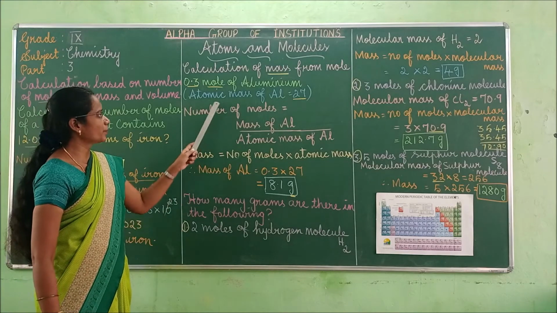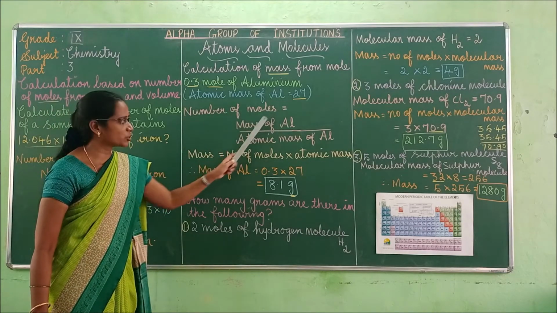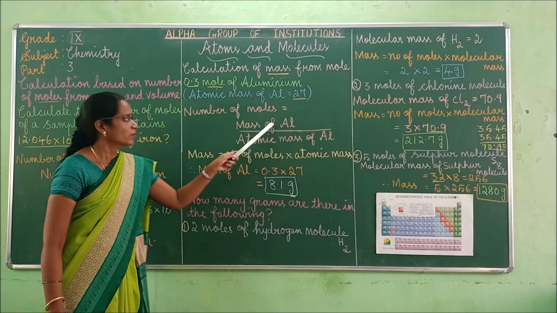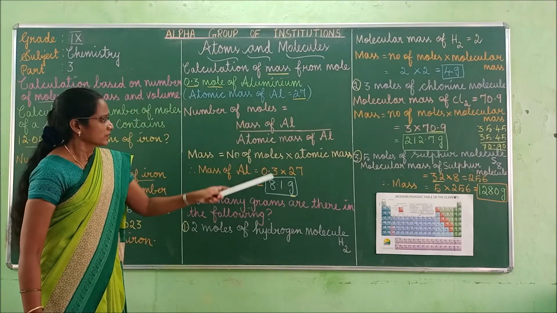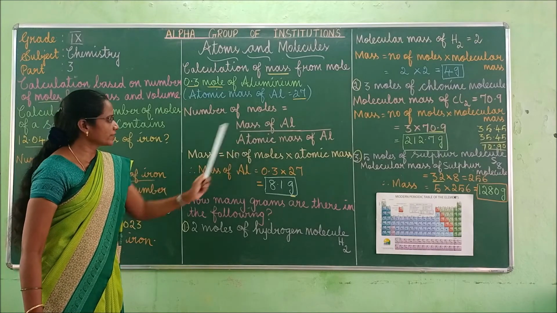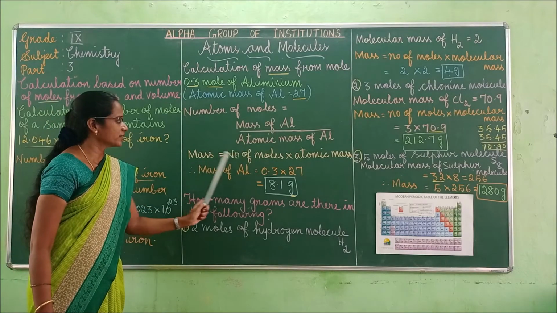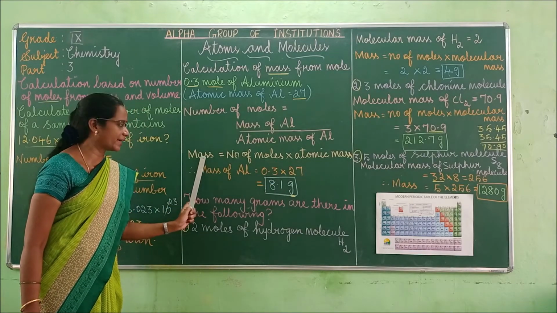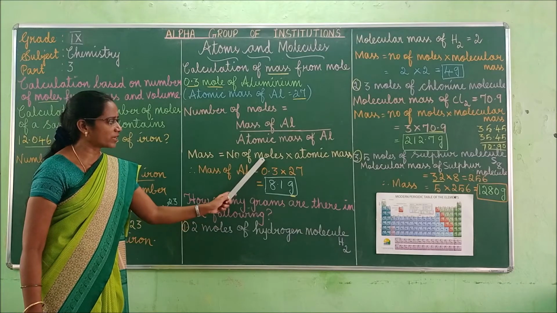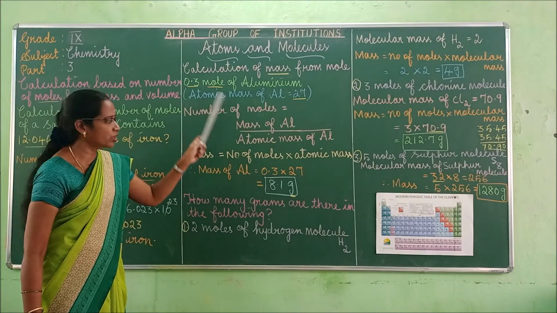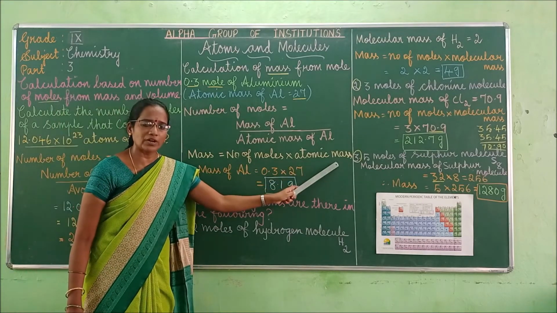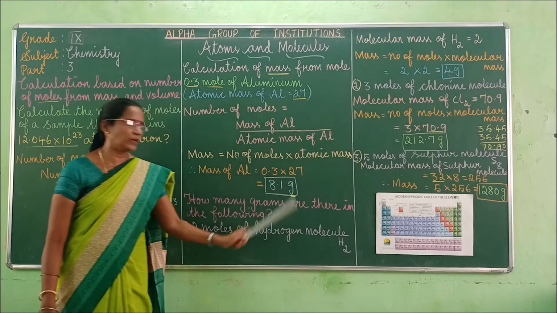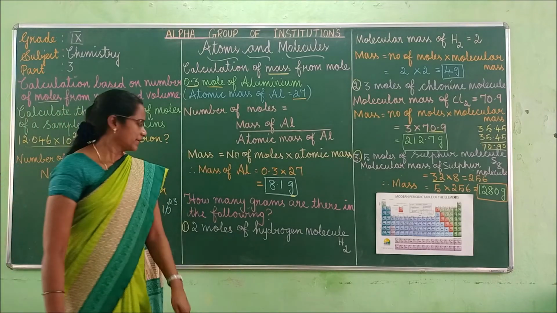Once again I repeat. Number of moles is equal to mass of aluminium by atomic mass of aluminium. We don't know the mass of aluminium, so we take it to the left hand side. Number of moles into atomic mass is equal to mass of aluminium. So mass of aluminium is equal to number of moles, 0.3 mole, into the atomic mass of aluminium, which is 27. If you multiply this, you will be getting 8.1 gram. Right? Next